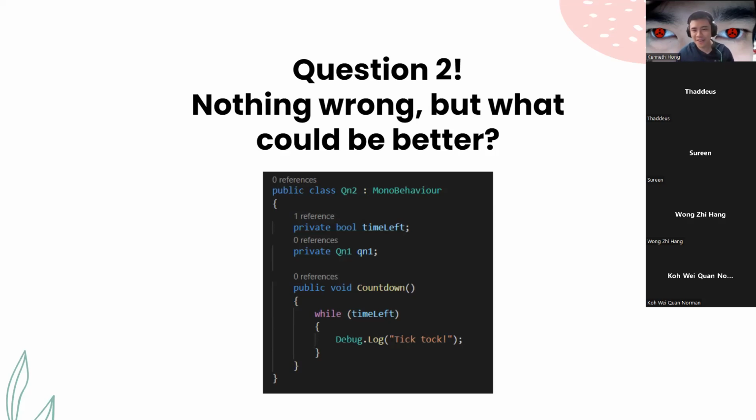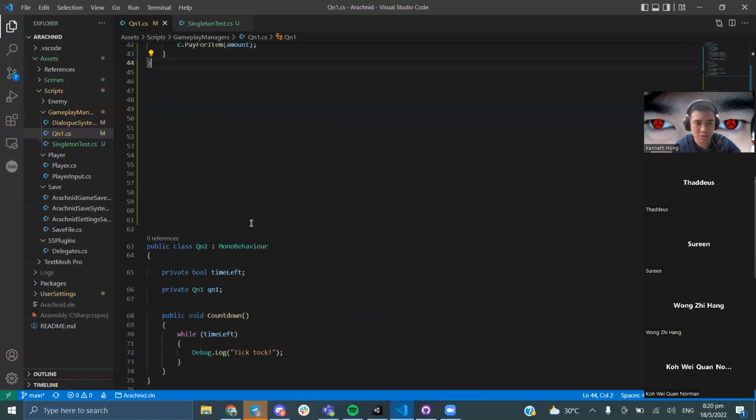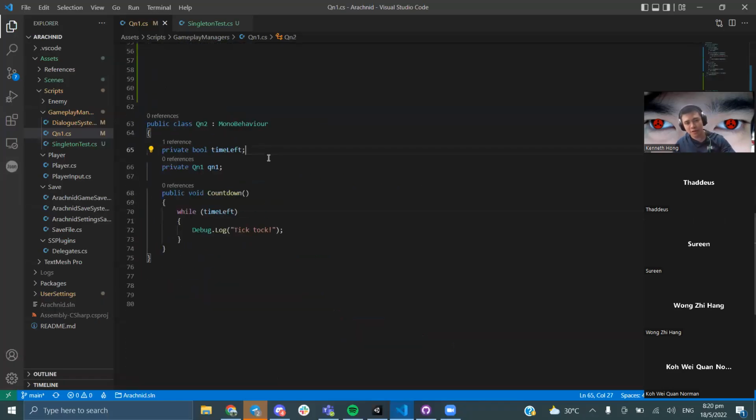That's exactly correct. So I can go to here and scroll down. Why would you put confusing Boolean values? The first thing is, why is the Boolean value called time left? And then you see the code: void countdown while time left, and then you print TikTok. So in your mind, you're like, wait a minute, what is this? So you might want to name it